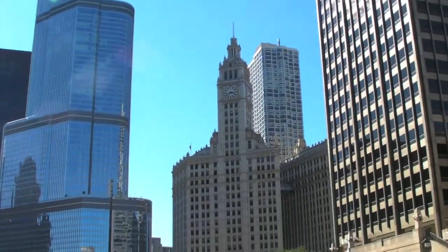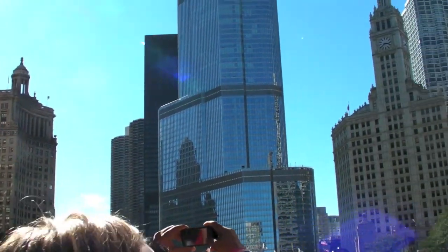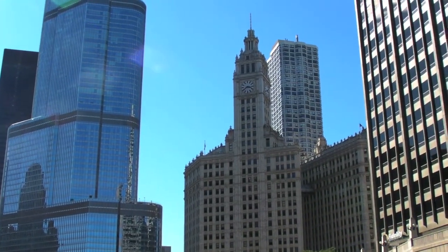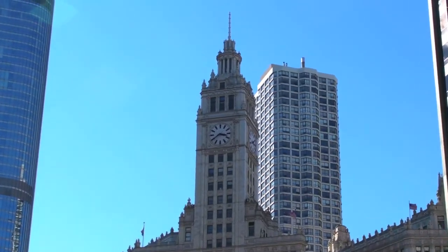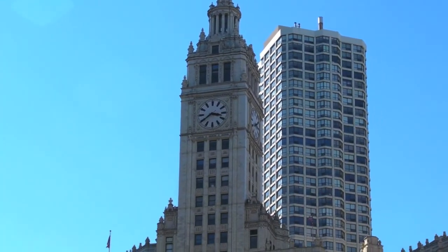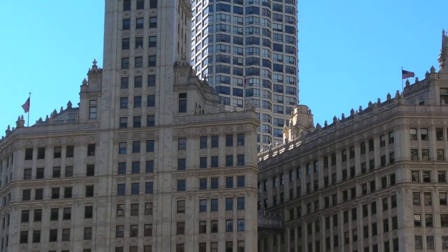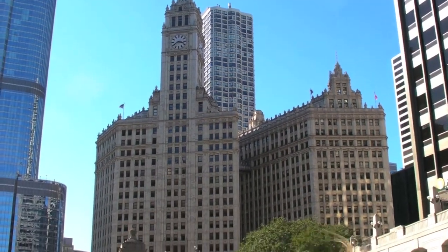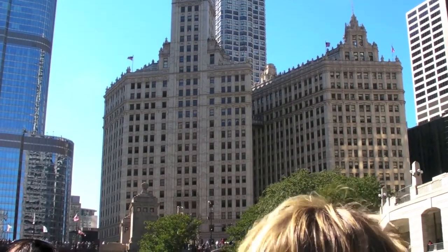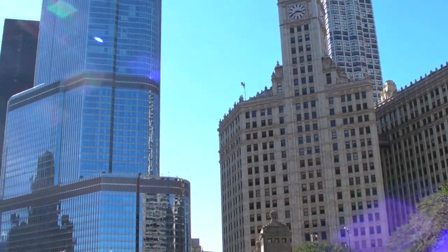But now we've got two of Chicago's more famous landmark buildings coming up ahead of us here. Diagonally to the right ahead of us, a great look at the Wrigley Building, home to the great chewing gum empire. It's technically two buildings connected by bridges in between it. And that clock tower you see at the top is modeled from the Giralda Tower in Seville, Spain. More on that in a moment, because we've also got the Chicago Tribune Tower coming up on our right side,